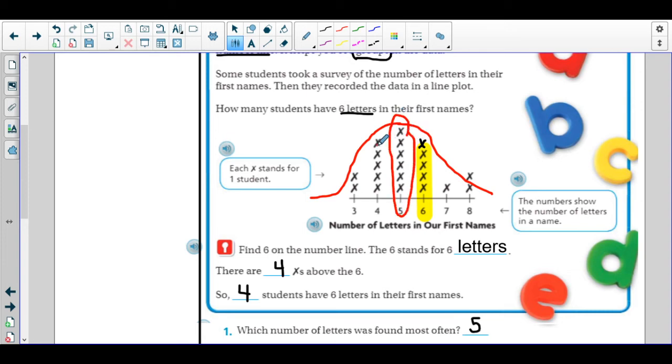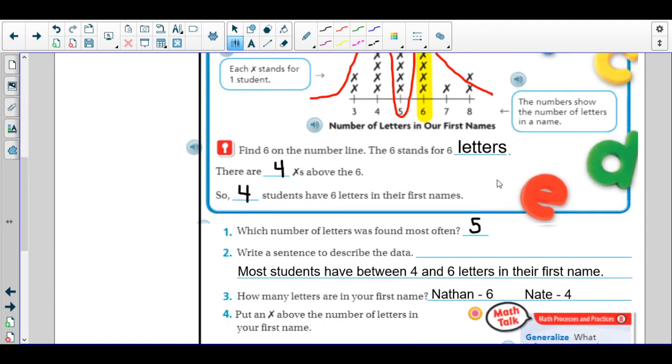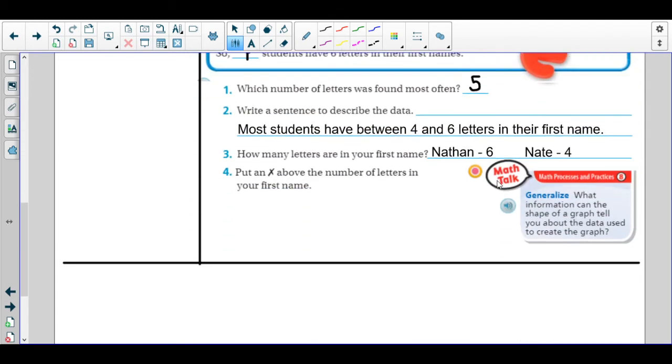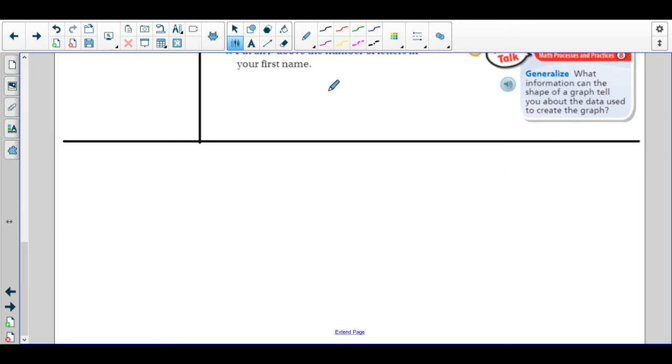All right, on either side, we had just about the same, one less. All right, then on the other side here, we had just a few. So that the further we go out, the less numbers that we would have. Okay, so let me tell you what that would look like in terms of a